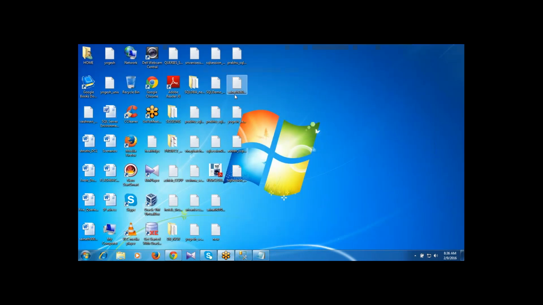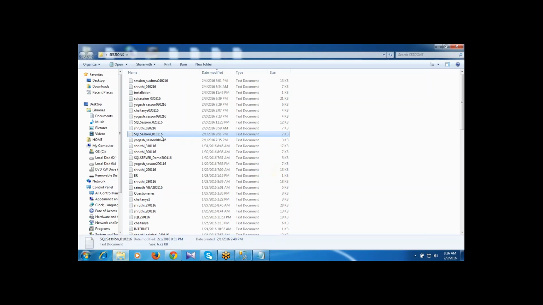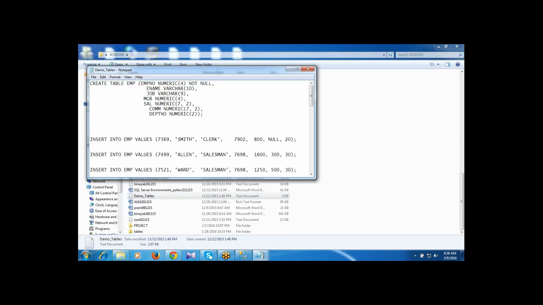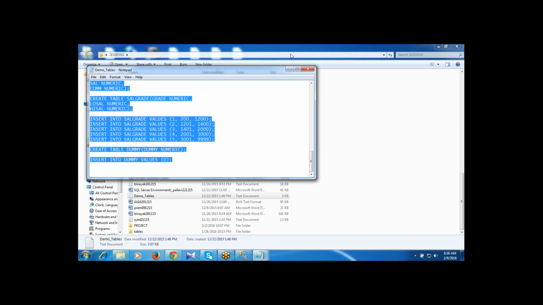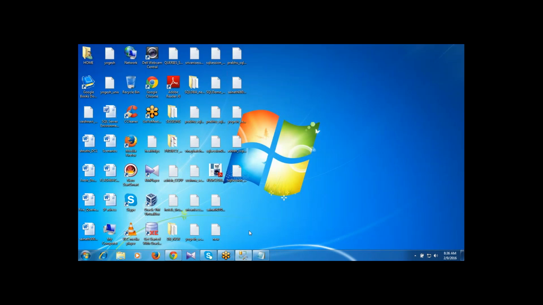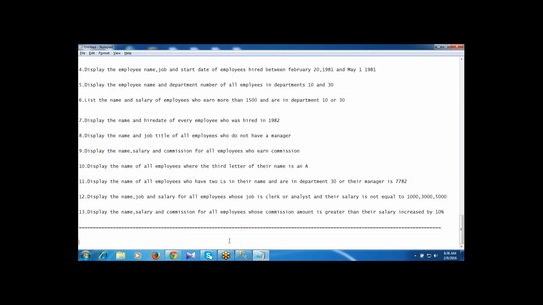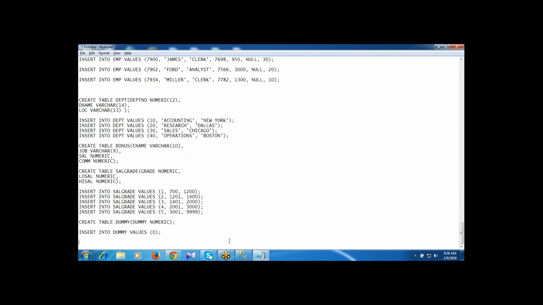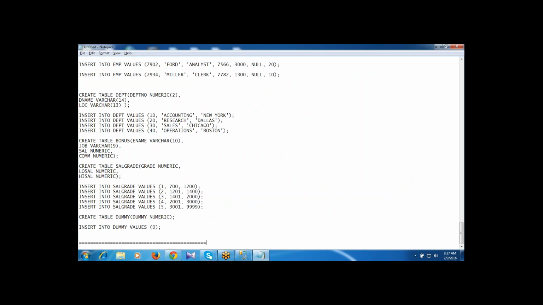One second. Demo tables is here. You can copy these queries, paste them into Management Studio and execute.